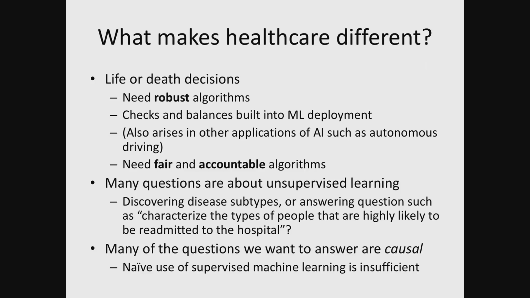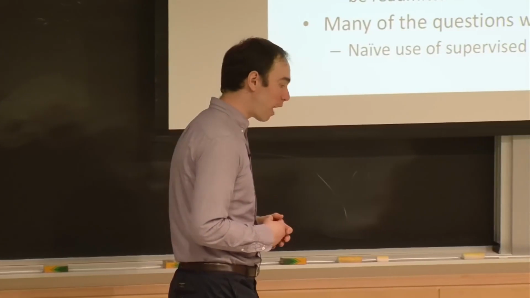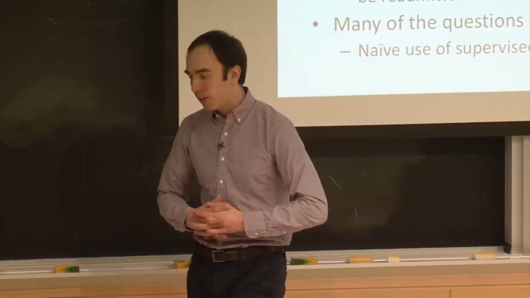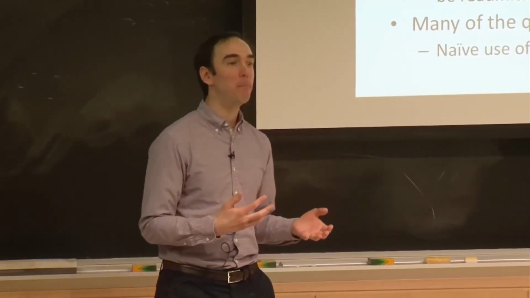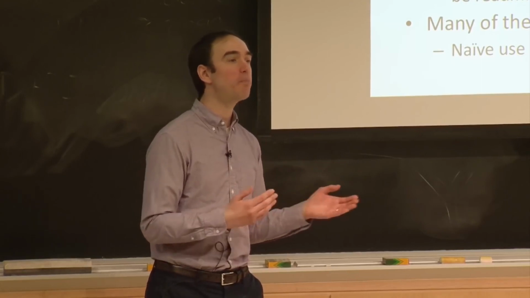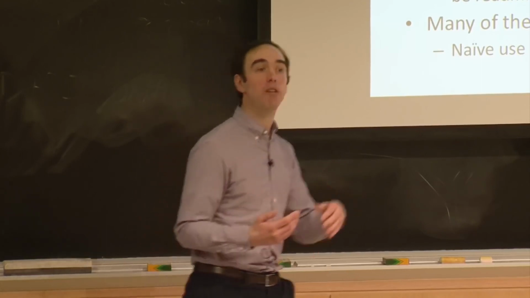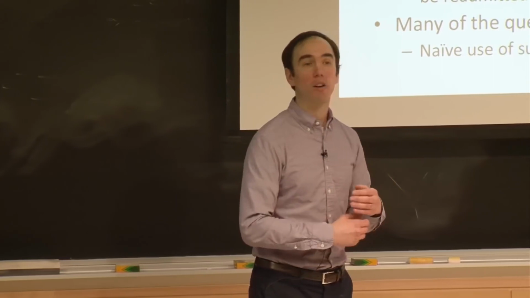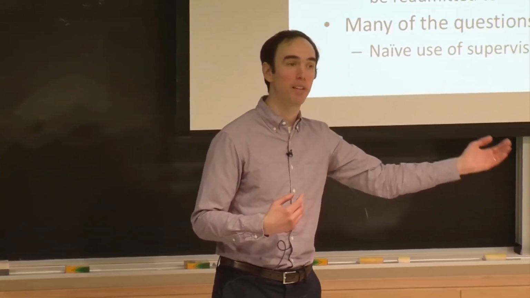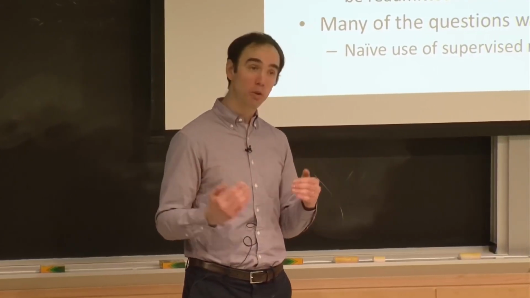We also need fair and accountable algorithms because increasingly machine learning results are being used to drive resources in a healthcare setting. An example that I'll discuss in about a week and a half when we talk about risk stratification is that algorithms are being used by payers to risk stratify patients. For example, to figure out which patients are likely to be readmitted to the hospital in the next 30 days, are likely to have undiagnosed diabetes, are likely to progress quickly in their diabetes. And based on those predictions, they're doing a number of interventions.